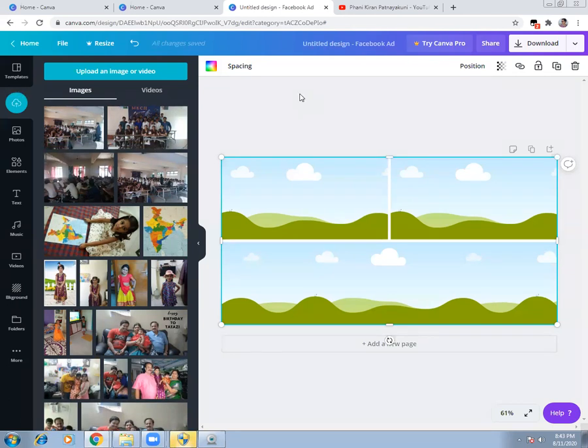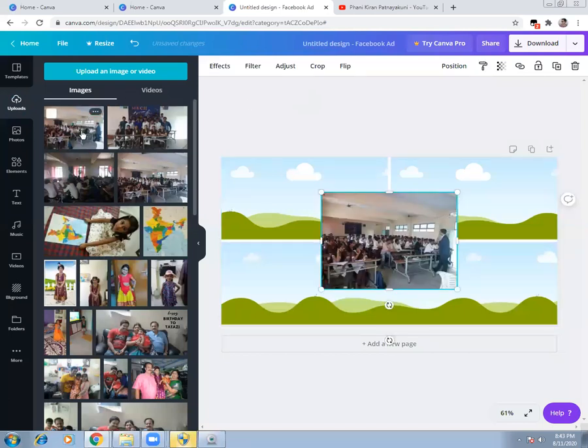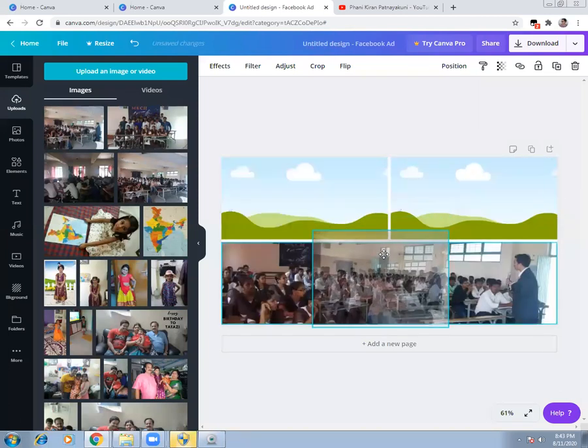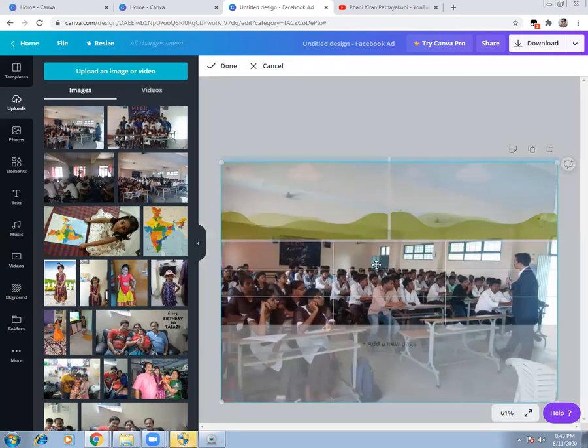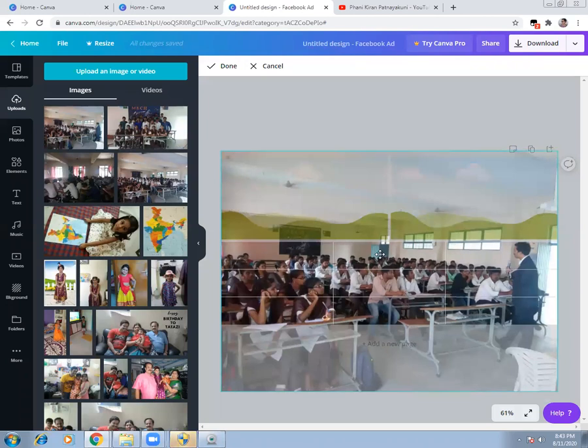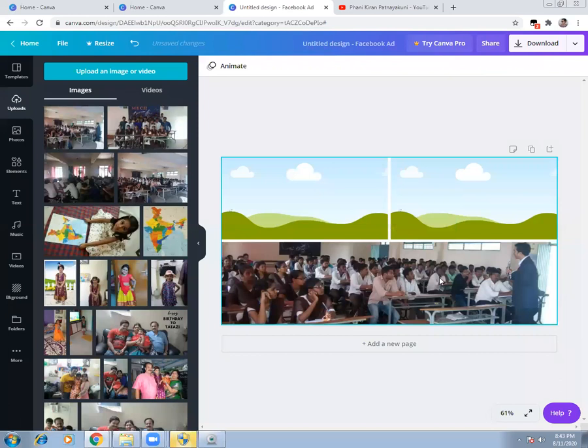And see how beautiful the tool works. I'm just going to click on the pic and the pic comes here. And now I'm going to drag it and put it in any one of the boxes, wherever I want it. So now I want to ensure that I'm clearly visible, and I want to cover up this wall, this empty space, and make it more creative. So I'm just going to double click on the image, and you just need to adjust it so that the image completely covers the people and eliminates the empty space.